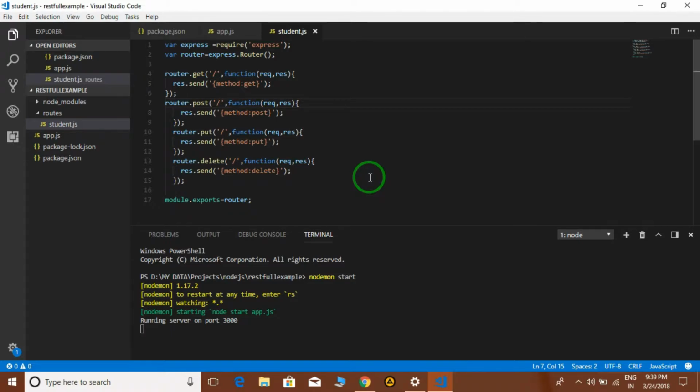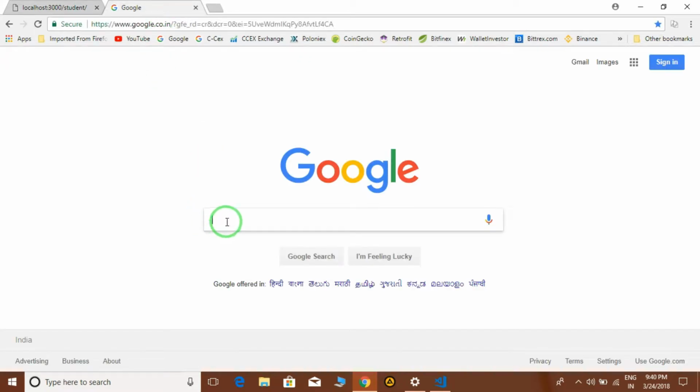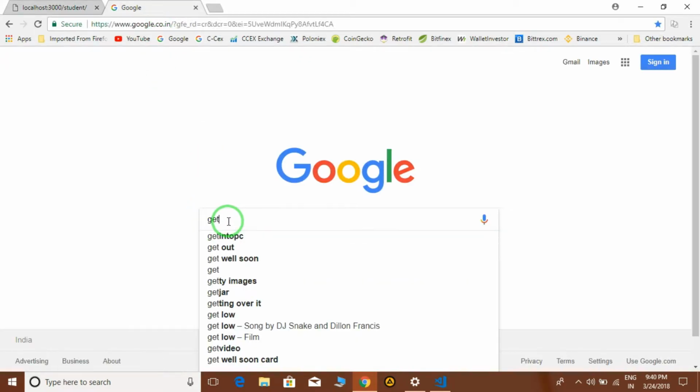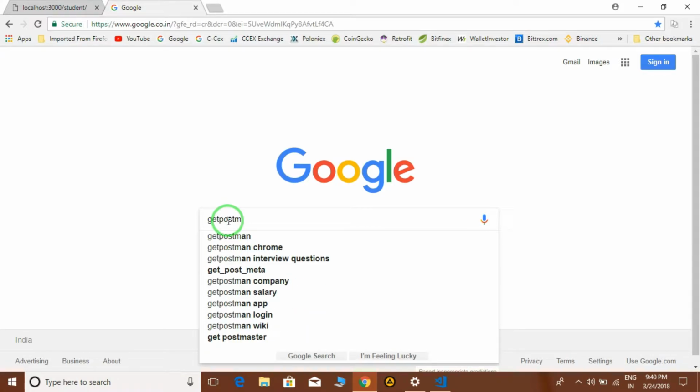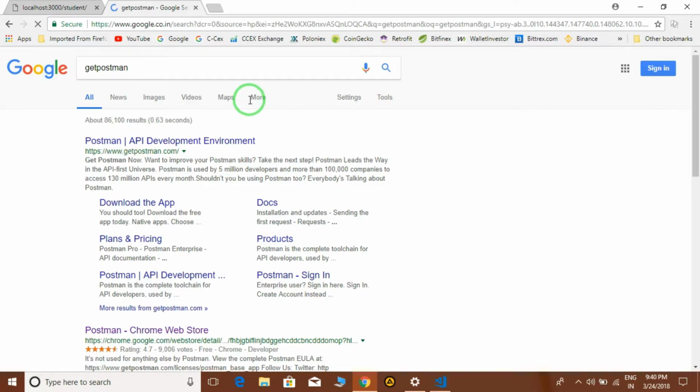So for that testing purpose, we have a professional tool called Postman. That Postman tool we have to download from the site Get Postman. From this website, if you click, you can download this software.